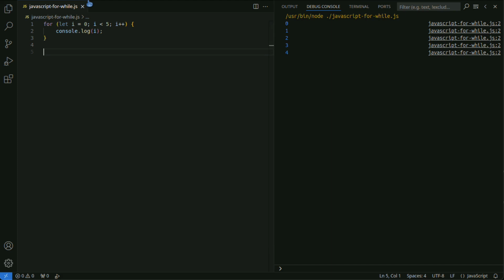In this case, i starts at 0, and the loop runs as long as i < 5 is true. i++ increments i by 1 on each iteration of the loop. As a result, numbers from 0 to 4 are displayed.